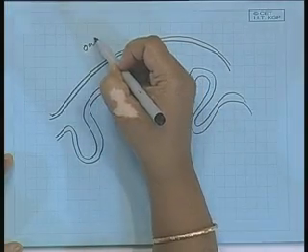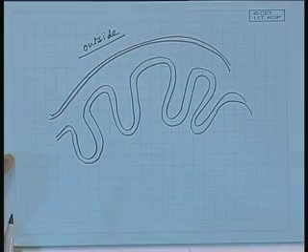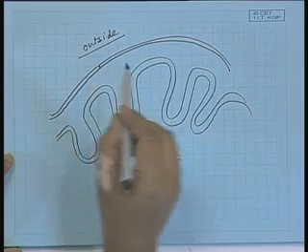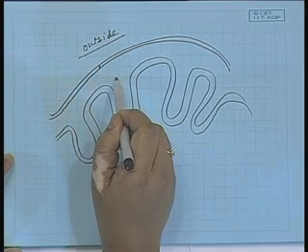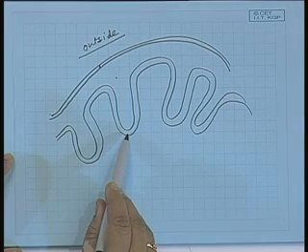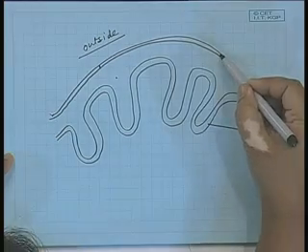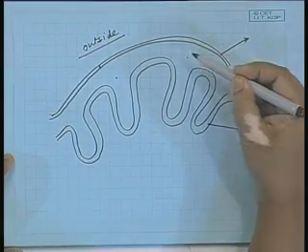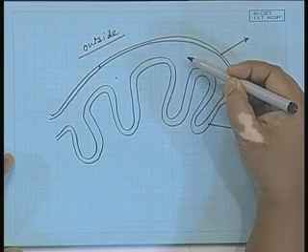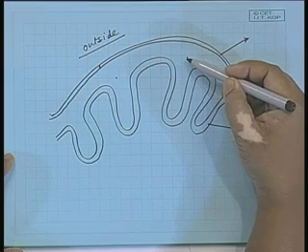This is the outside of the mitochondria. This is the outer membrane of the mitochondria. This is the intermembrane space. This is the inner membrane of the mitochondria. Okay? So, this is the inner membrane, this is the outer membrane, and this is the intermembrane space. It is not outside the mitochondria. It is within the mitochondria, but outside the